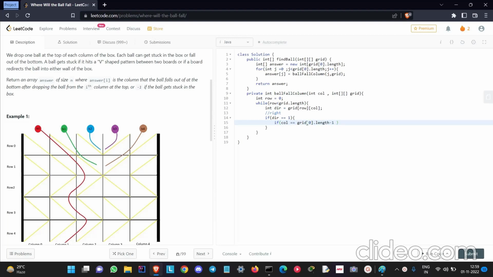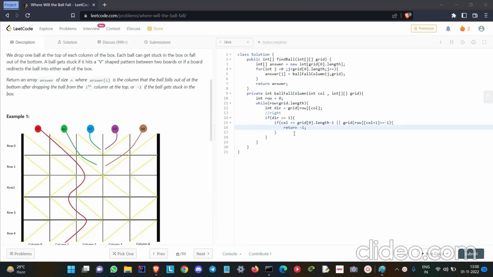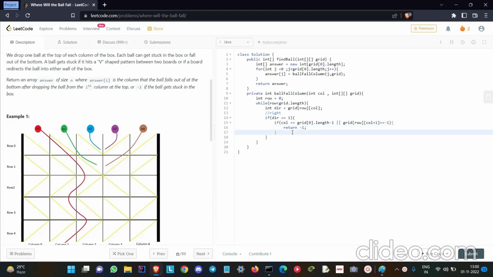So if it's the end, we are hitting the wall, or else we check the current row's next column, which is the immediate right neighbor. If the right neighbor is in the opposite direction, we'll return -1. So in this case, we'll return -1, or else we'll just increment the column. We'll move to the next column,